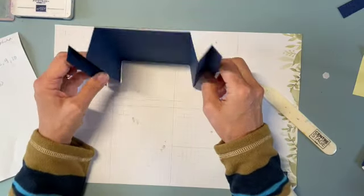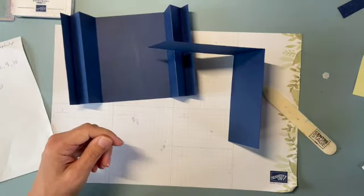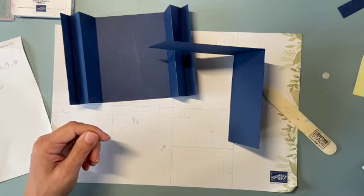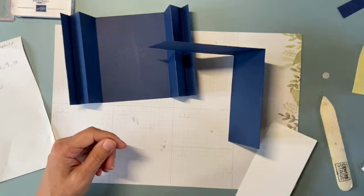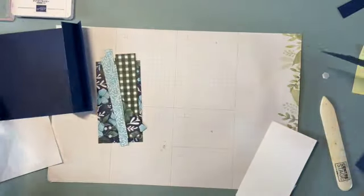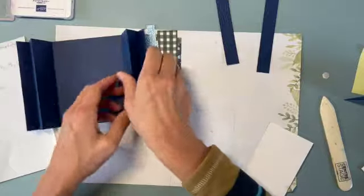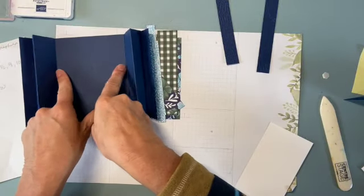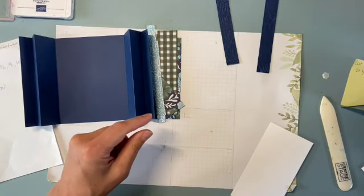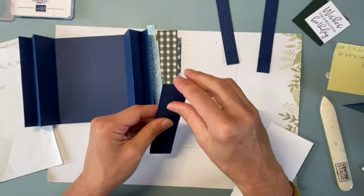So that is the fold. Really, those are the two pieces. So now we get to decorate. I have already pre-cut my pieces. And again, depending on if you have all this room to put the inside, that will change your measurements. So some variety in there. And so what I did,